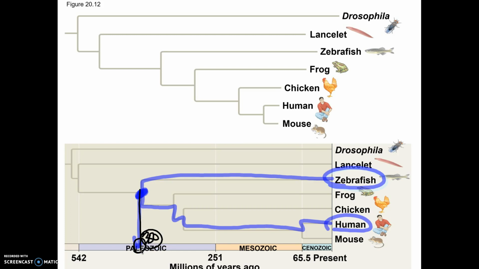But again, you can't necessarily make that assumption. For example, the one on the top, there's no scale. So we know the human and the mouse are more closely related